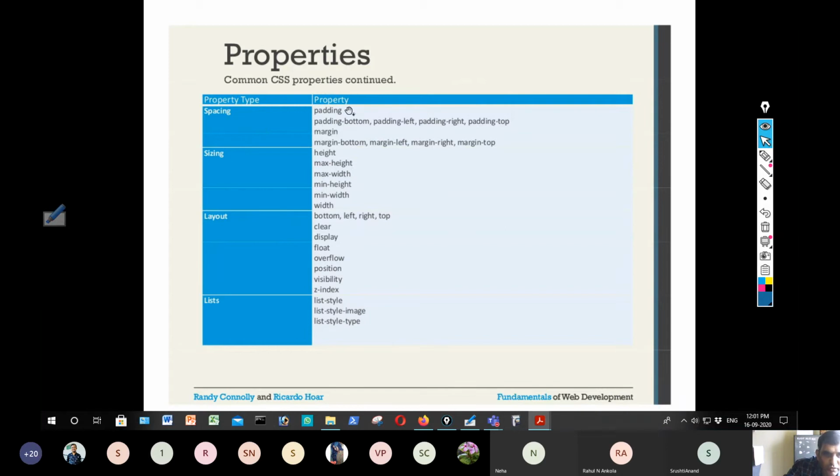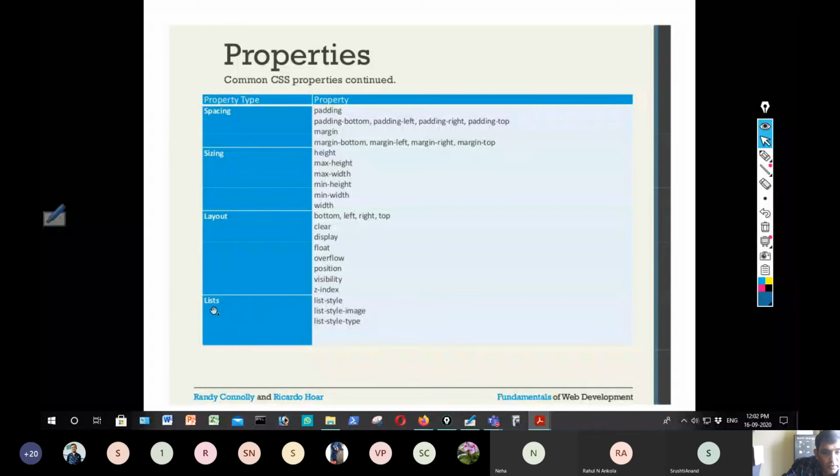I won't go into that. You can refer to these properties on any website, and you can make a list of it. Because you are developing a mini project, at that time if you want to give a style, you can use that. Then sizing: height, max width, min height, min width. For layout, these are the various properties.